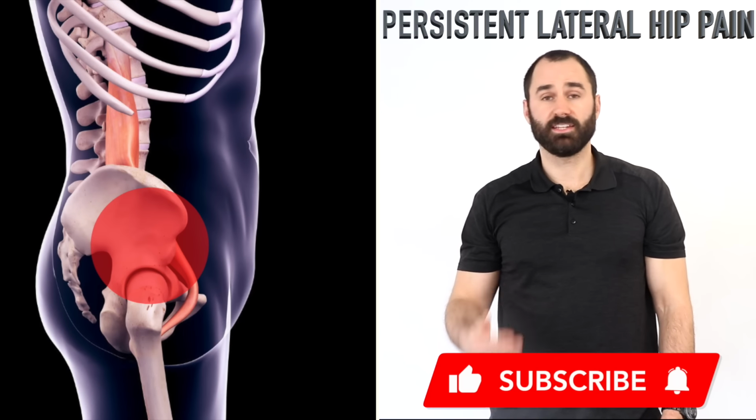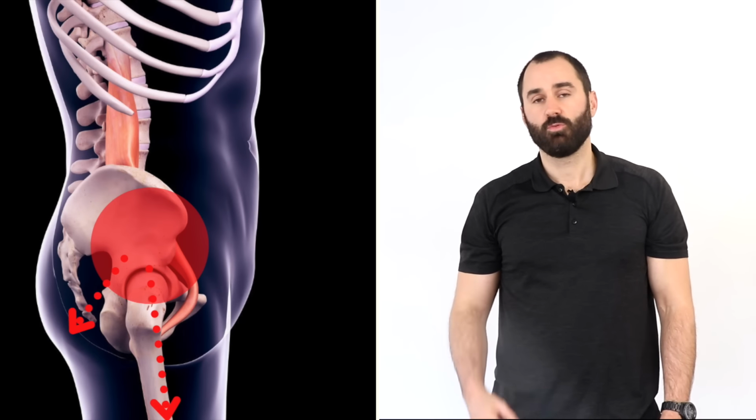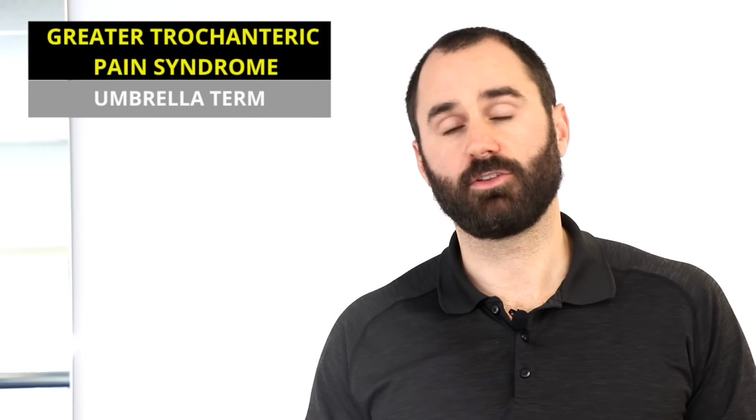So this condition presents as persistent lateral hip pain that may radiate down into the buttocks or the lateral thigh, and it's usually a constant dull achiness, though the pain may become sharp or stabby with rapid movements or prolonged position. So greater trochanteric pain syndrome covers several different conditions, and it's an umbrella term, covering things like gluteal tendinopathy